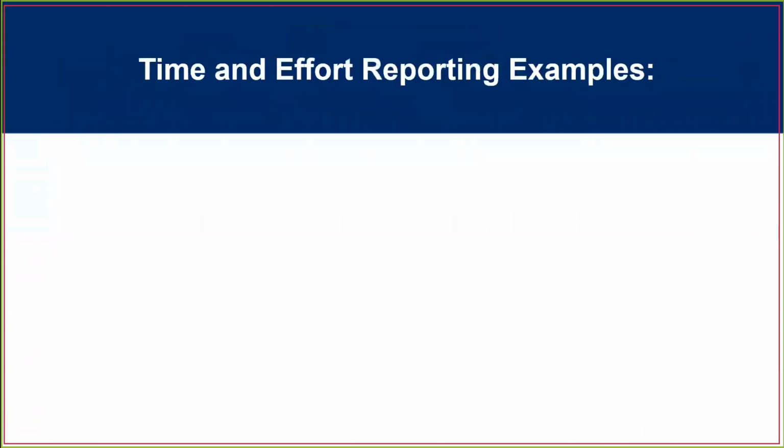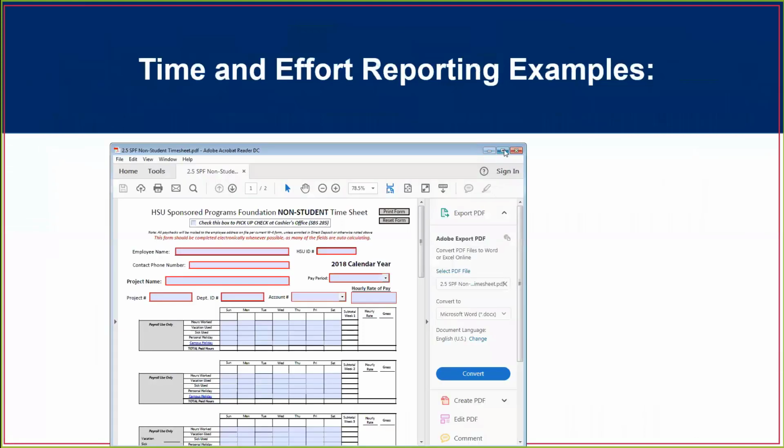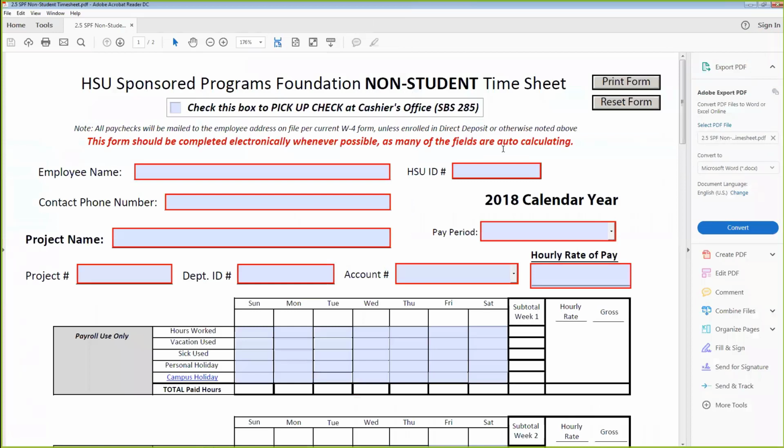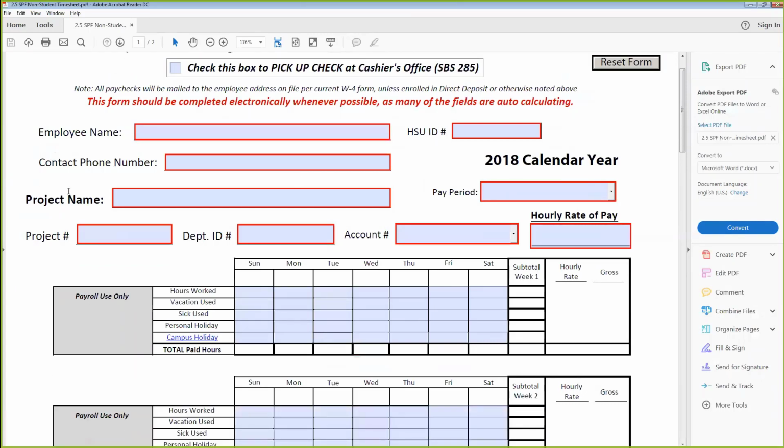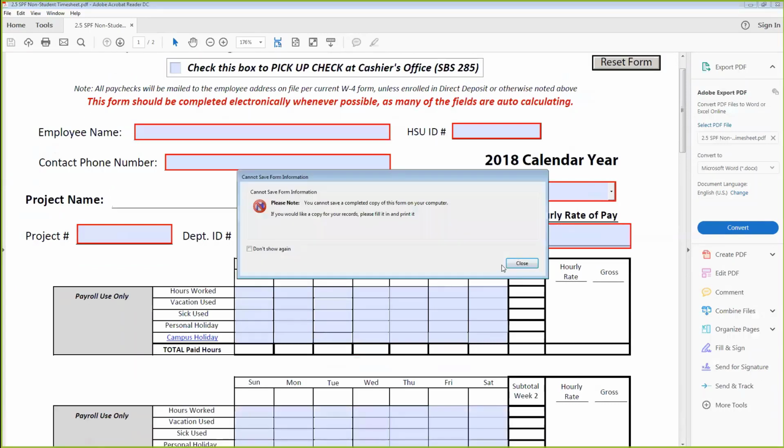Okay, so we're going to look at some examples that I have. So this would be a timesheet that HSU uses currently. And so this is an hourly employee. And this is the easiest example that you would put the employee's name. This would be where the grant